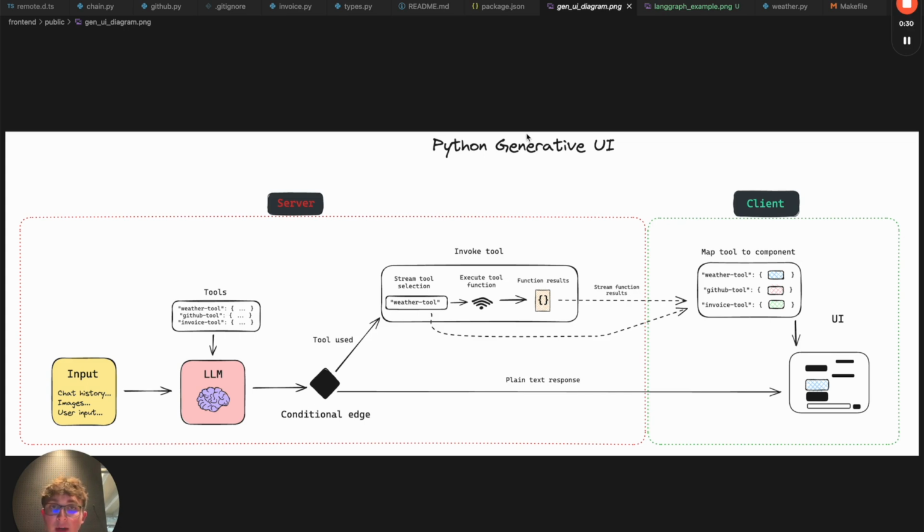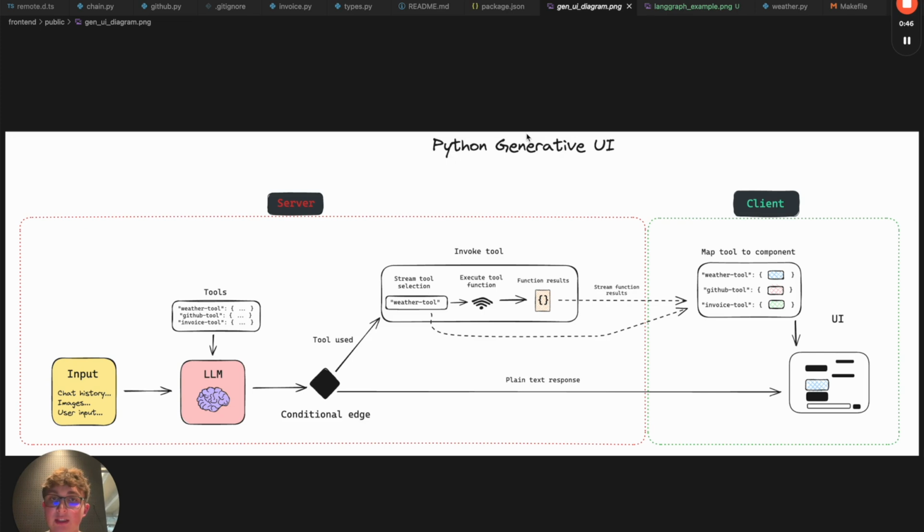If you're looking for the JavaScript version, that's going to be linked in the description. In that video, we build the same chatbot that we built here, but we built it with a full JavaScript TypeScript stack. This video is going to have a Python backend, but we're still going to be using some JavaScript